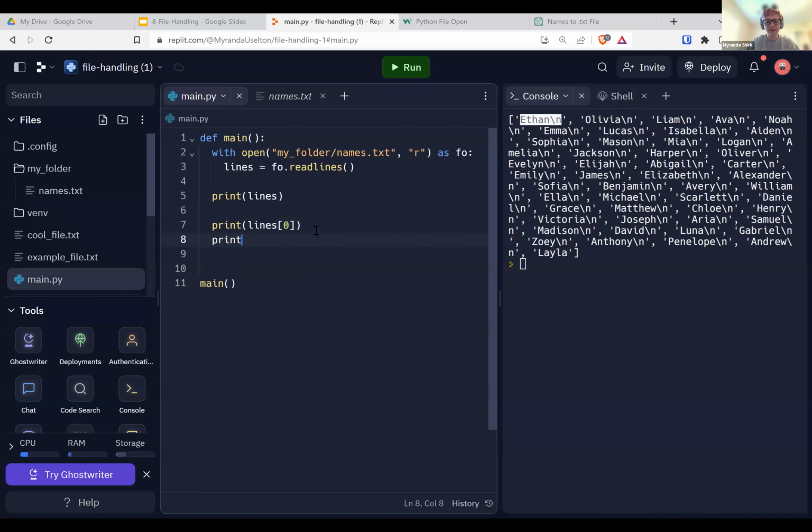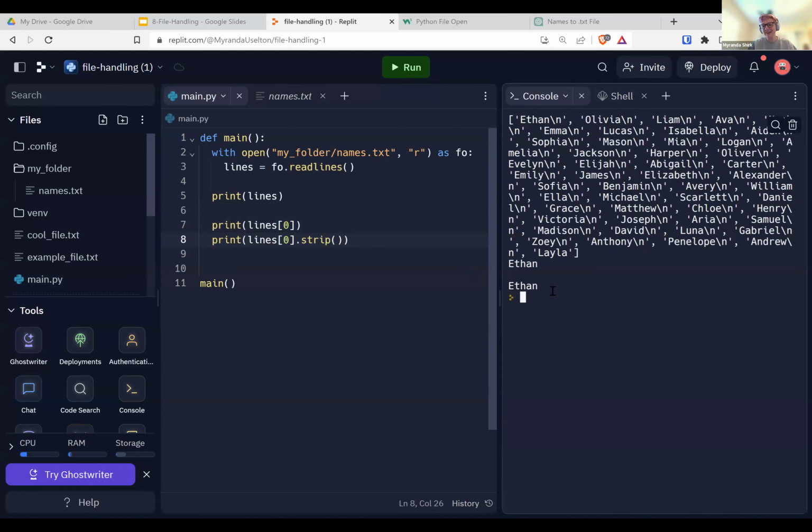And now lines[0].strip. Oh, and because we printed it, when you print it, it takes away the new line character anyway. But if you do .strip, it will take this new line character out of here.